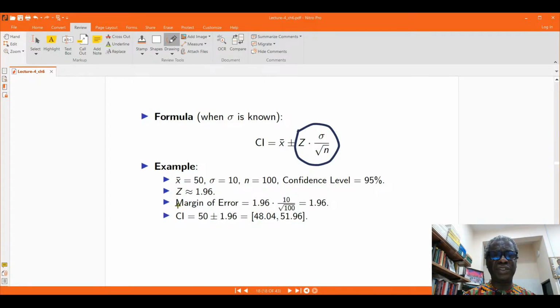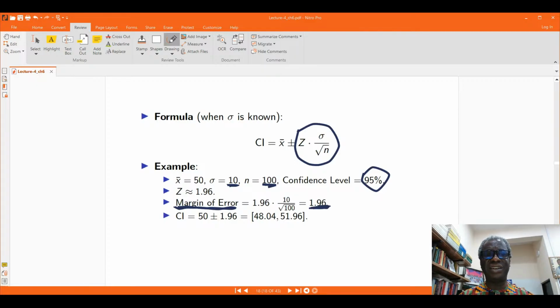To compute the margin of error, you need Z. Z is 1.96 because the confidence level is 95. So Z is 1.96 times the standard deviation, which is 10, divided by the square root of the sample size, which is 100, the square root of 100. So that gives you